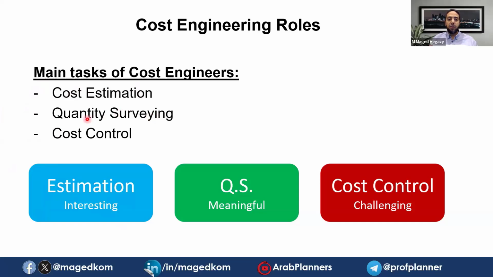The second discipline is quantity surveying. Quantity surveying is meaningful as you are translating all executed work to cost and invoicing them to get the rights of your company. The third one is cost control, and it is very challenging also here for the people